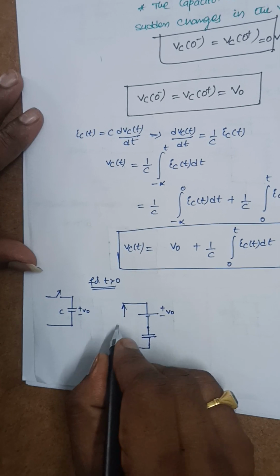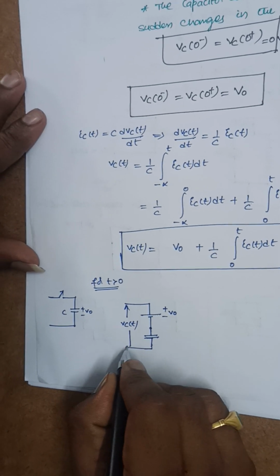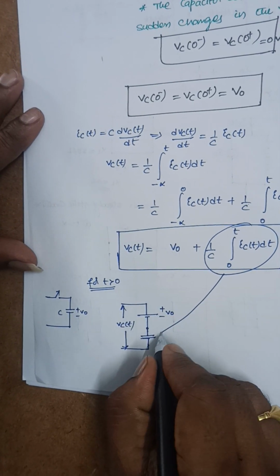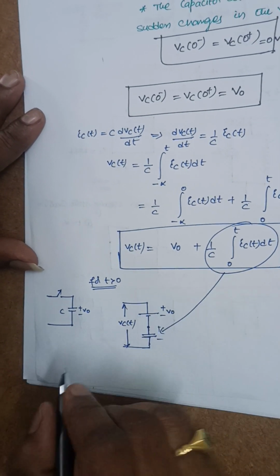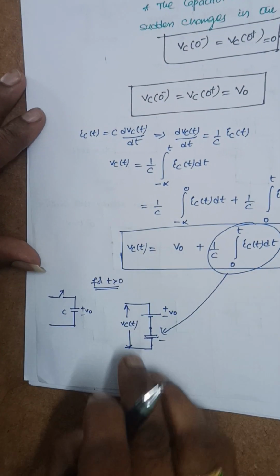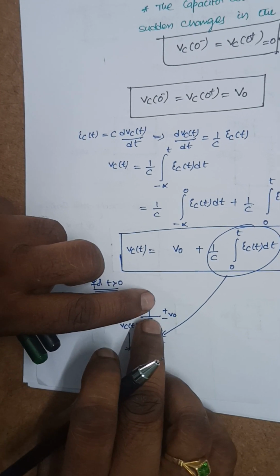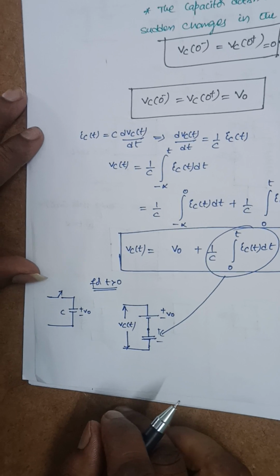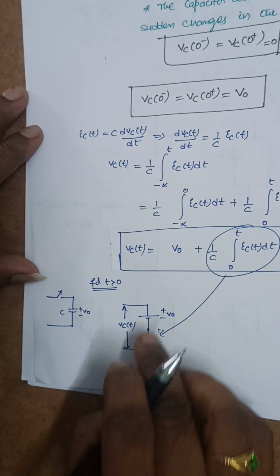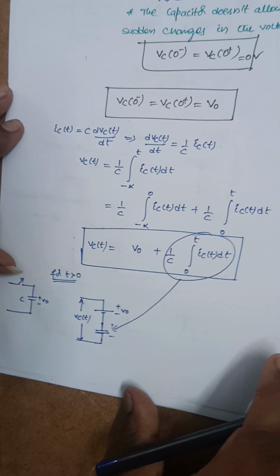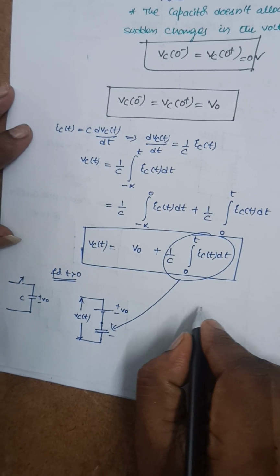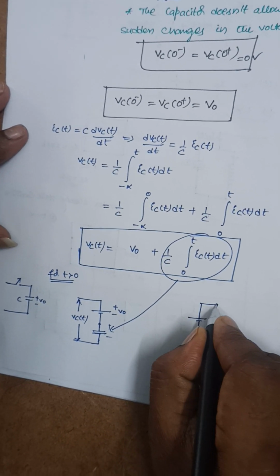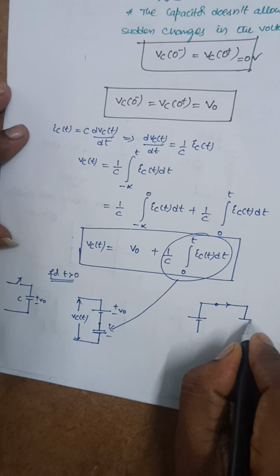So it is Vc of t, and this voltage will be across this voltage. Okay. So Vc of t is equal to V0 plus this voltage. So for t greater than 0, I can represent the capacitance circuit like this. And also for a DC supply, if I apply the DC supply for the capacitance under final condition,